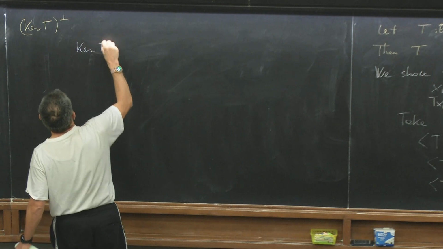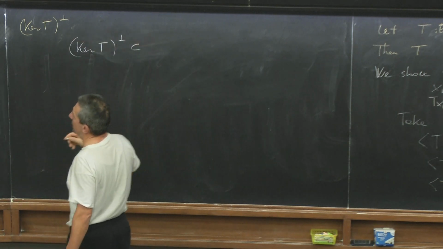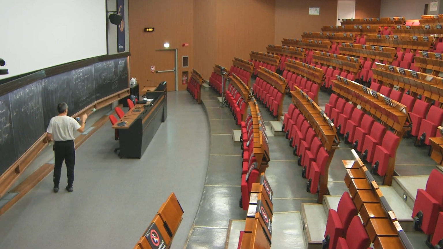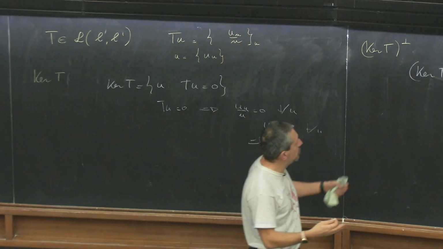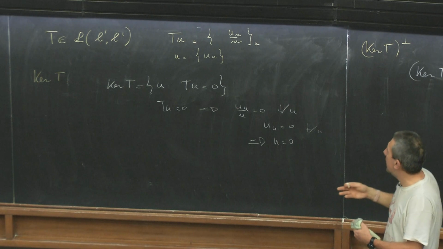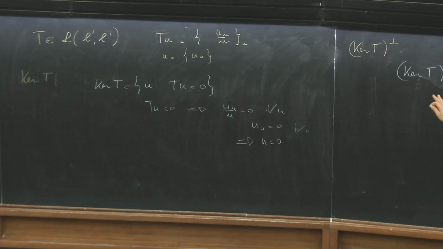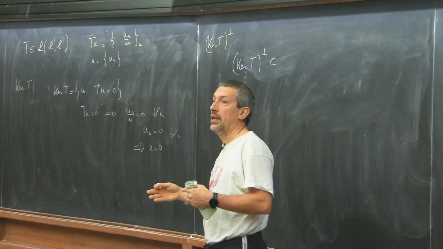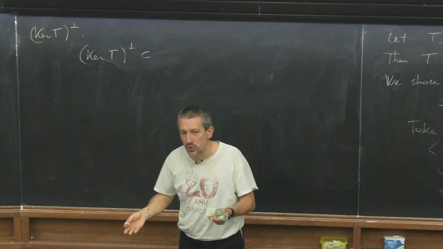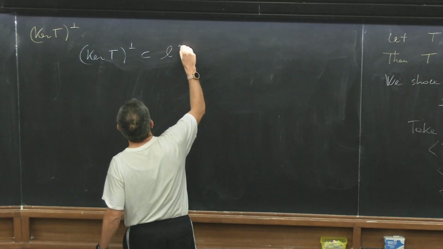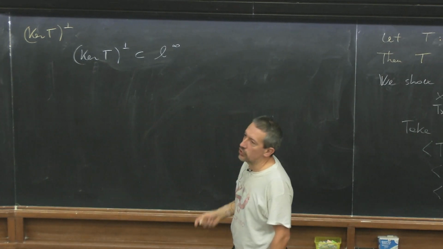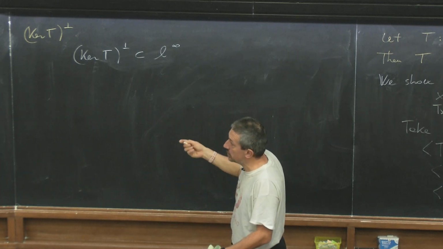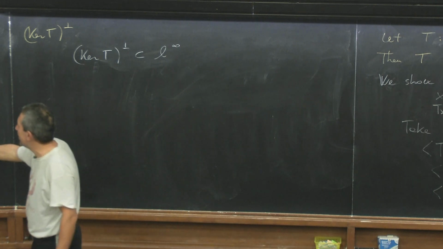So the kernel of T orthogonal is contained, well, here this is not T star, so I consider it as a primal, because you know that in L1, if I give you a subspace, what is the orthogonal? The orthogonal can be in C0. So let's compute in two cases. When it's considered as a subset of L infinity, what is the orthogonal? The whole space L infinity, because the orthogonal by definition